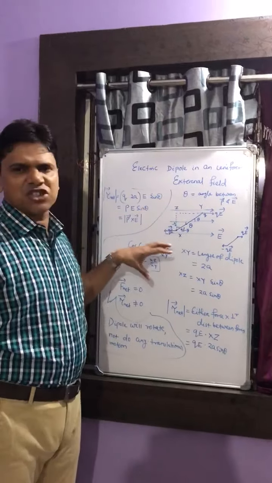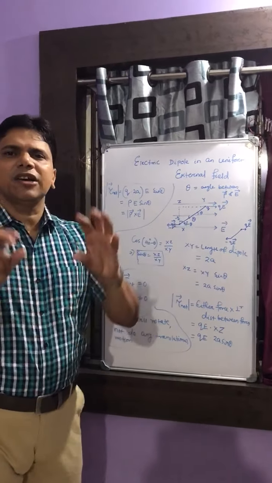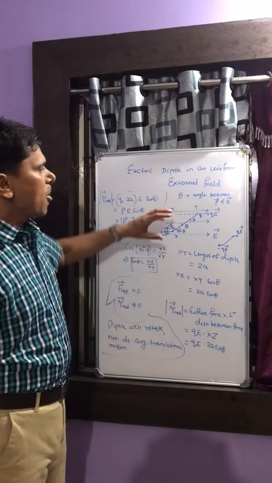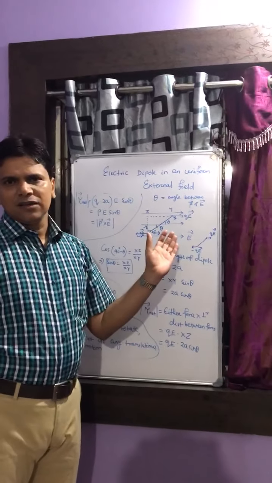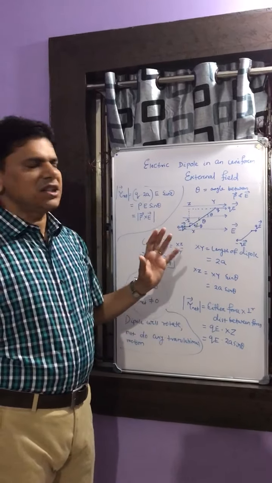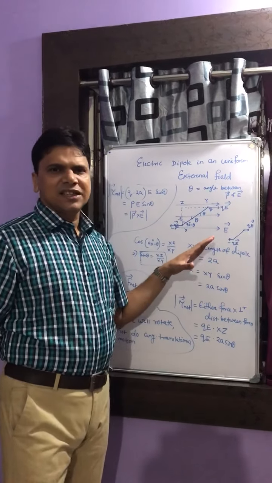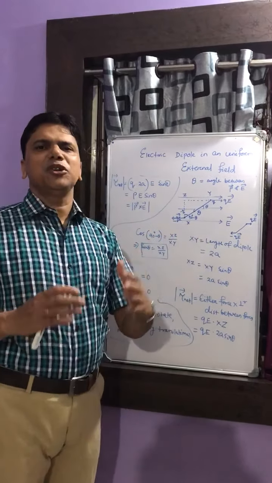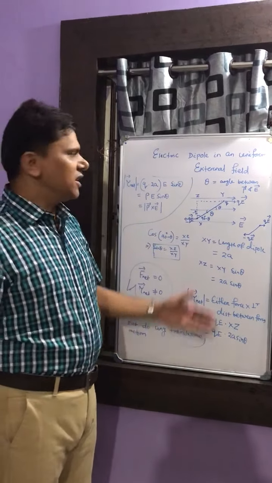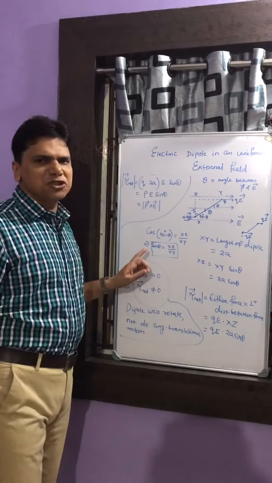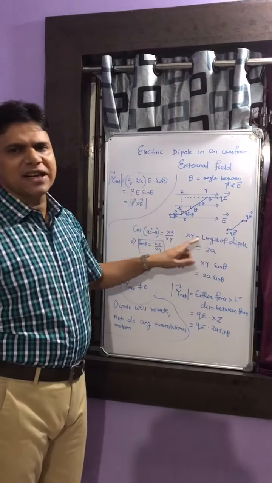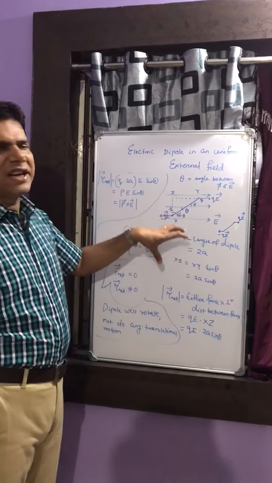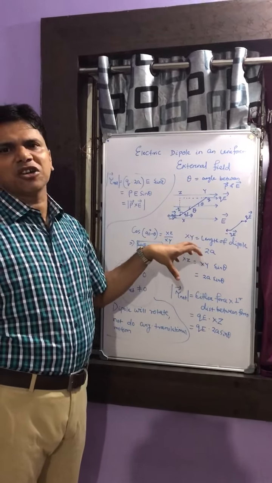So these two forces constitute a couple, which you have studied in class 11 as well. The effect of this couple is simply called the torque. That means these two forces cannot produce a translation, rather they can produce a rotation in the system, because in this case the net force is equal to 0. If you add these two, you will get 0, but the net torque will not be 0. That we will calculate, how much the net torque comes.